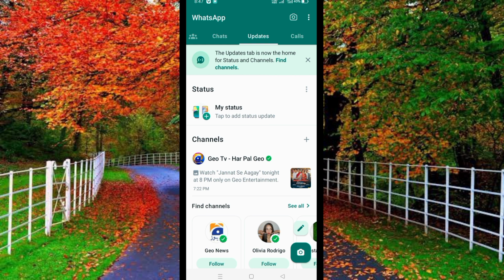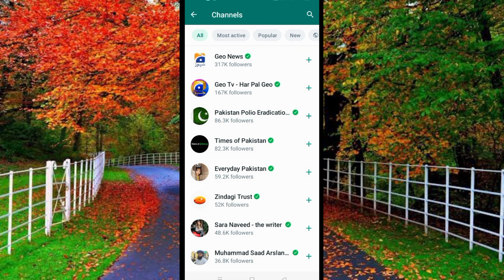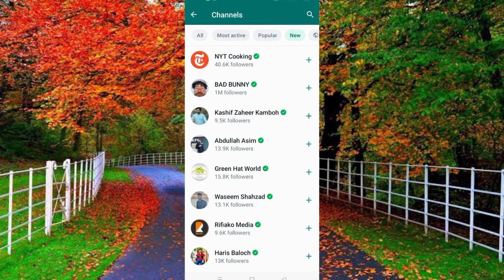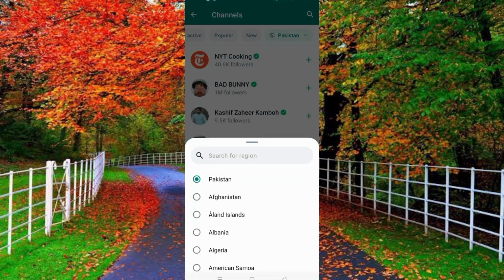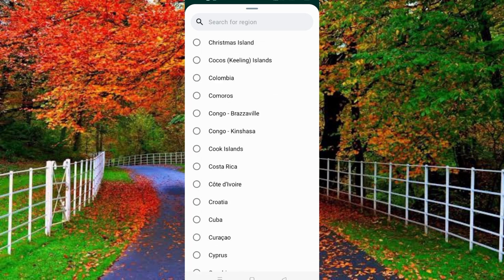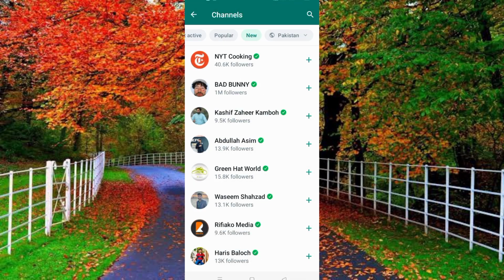When you tap on the plus icon, here you will see different YouTube channels which are already verified, and you can see a blue tick in front of every channel. It means that only celebrities and ministers can create a channel in WhatsApp, and famous people can create a channel at the moment. And it is possible that in future the channel feature will be available for all WhatsApp users,